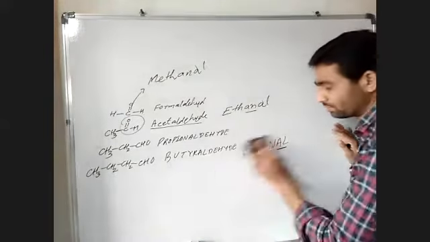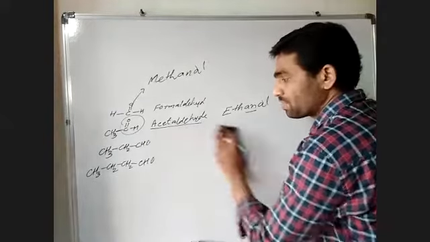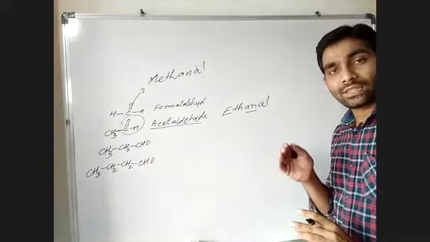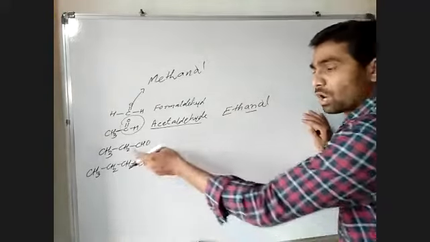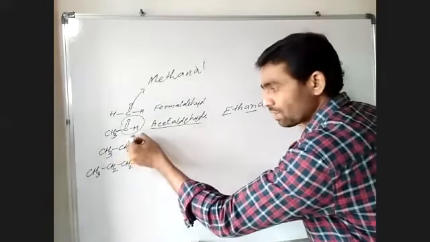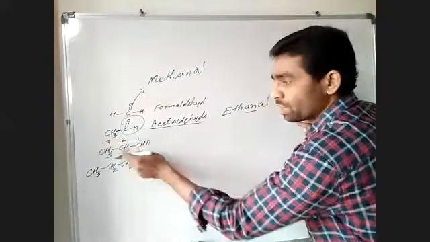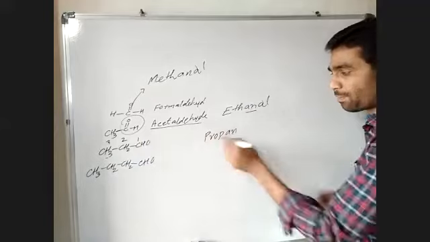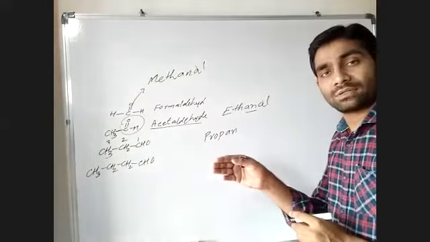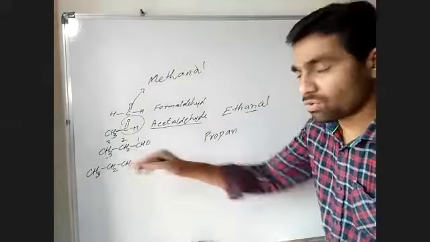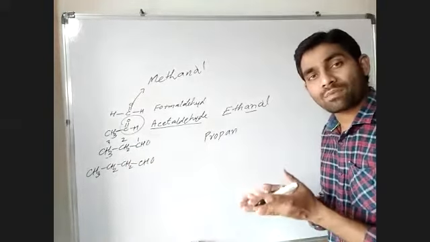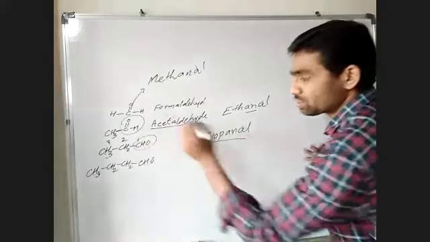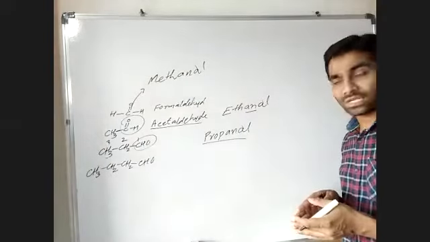Next one. Let us go for this one. What will be the common name for this molecule? It is propionaldehyde. So count the carbon: 1, 2, 3. Number 1 always goes to the aldehyde carbon. Propane, so write prop. Why prop? Because there are 3 carbons. Why ane? Because there are only single bonds between the carbon atoms. And add al, propanal, because there is a CHO. So it is very easy to understand.